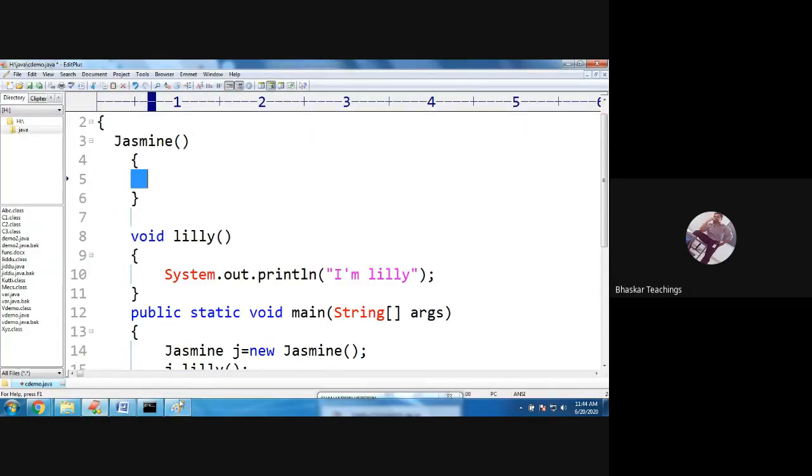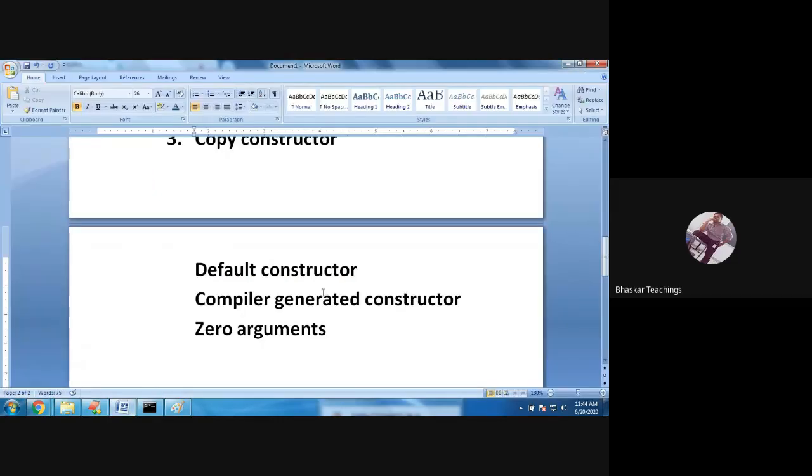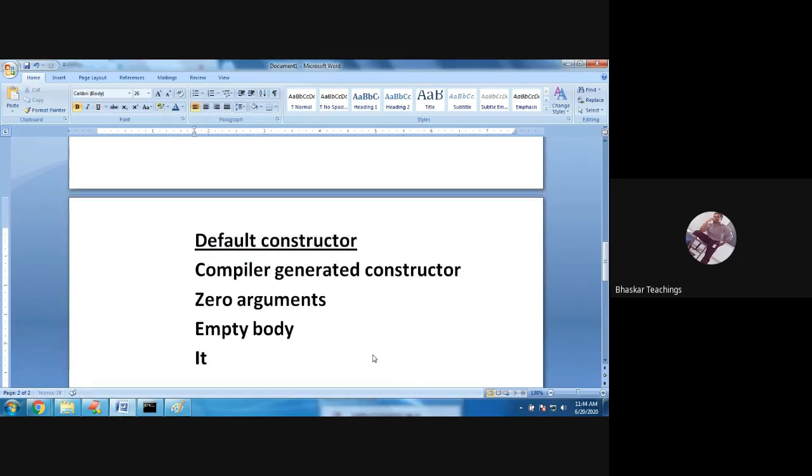It will have 0 arguments and 0 implementations, so it is an empty body. That's why we were not getting any output. Is that clear? So it is generated after compilation, that is, in the bytecode.